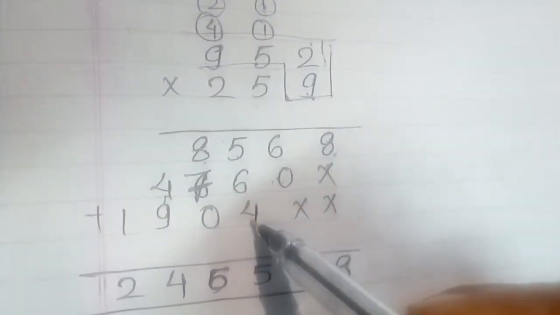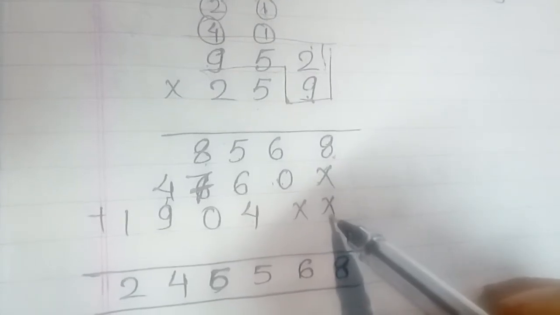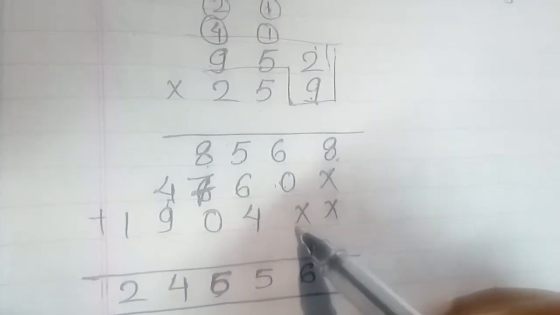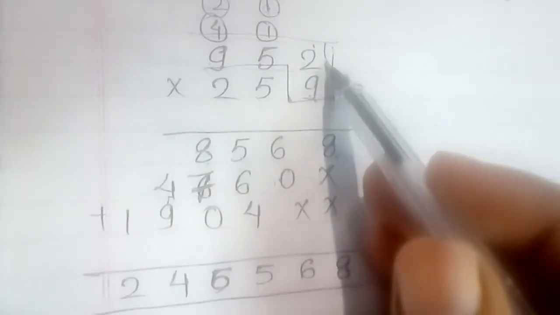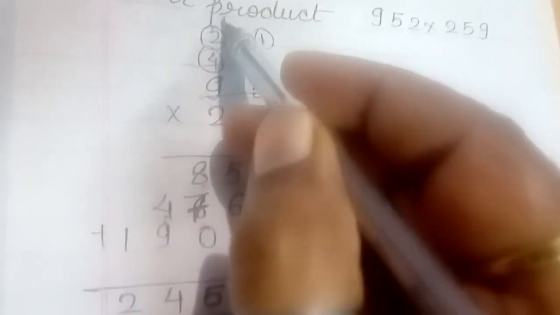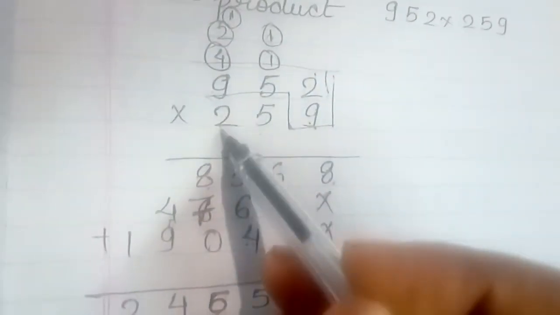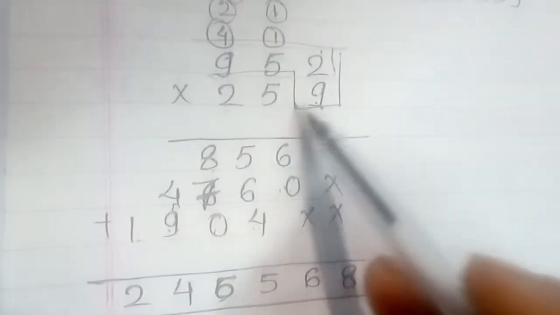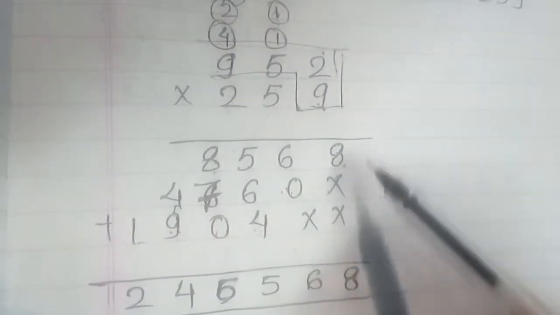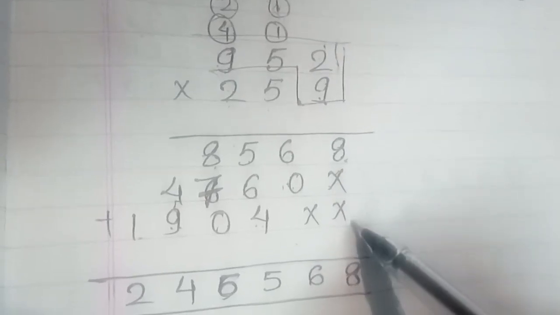Now we have to multiply 952 with 2, and 2 is in the hundreds place. So we will write the answer of this from the hundreds place. I have put a cross in the ones and tens place. Now we will start multiplying from 2. So 2 2s are 4, 2 5s are 10, 0 carry 1 above. Then 2 9s are 18 plus carry is 19. It is written 19. After multiplying with all the three digits, we will add their products. Here the crosses mean the value is 0.